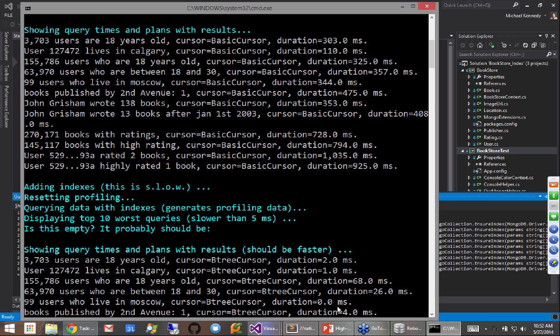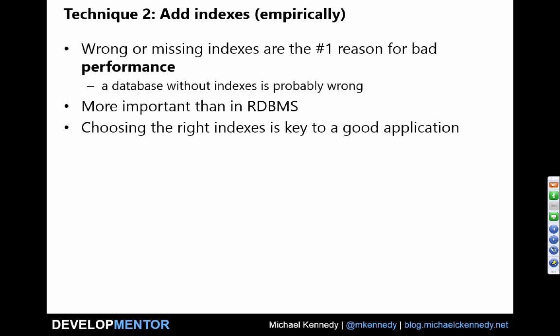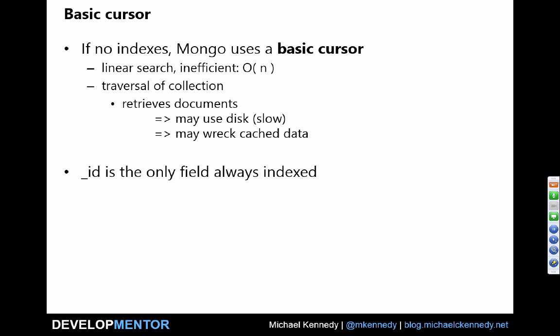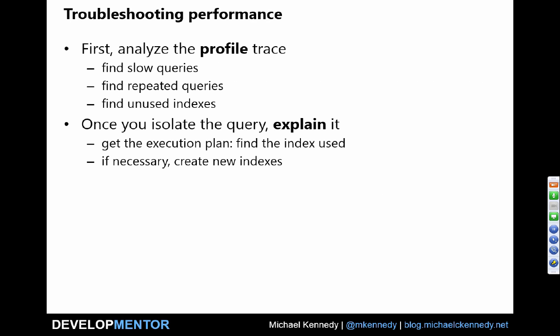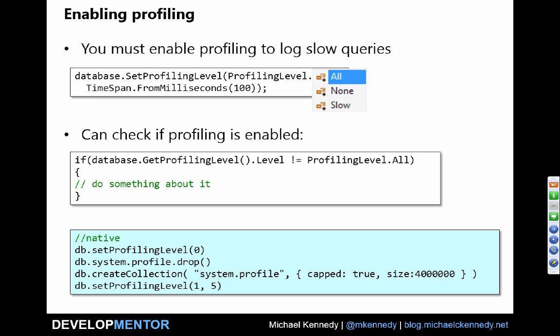All right, so let's switch back over here. The problem is we want to add these indexes, because we just saw how important they are, but we don't want to have to sit down and think about it. You want to just run it and see what's slow. So you can easily do this. You just turn on the profiler, and you saw the code to do that. Just Google MongoDB profiler, and you'll see how to turn it on. It's only a few lines. And then you explain it. So you can run through, and here's the code at the bottom that you saw me type in.